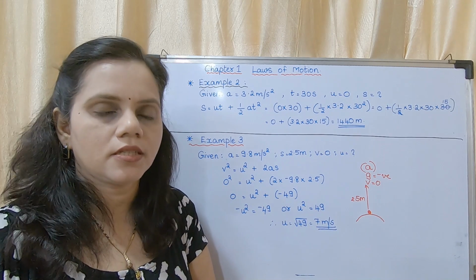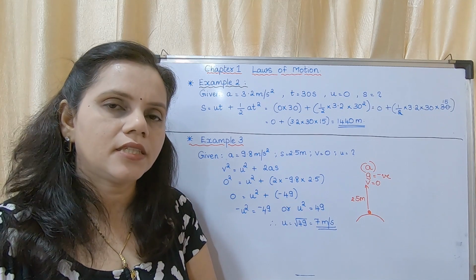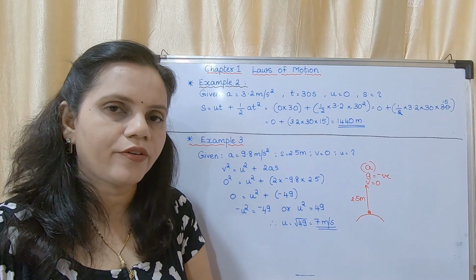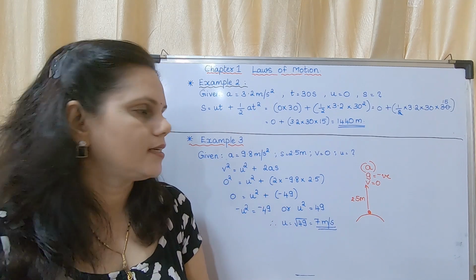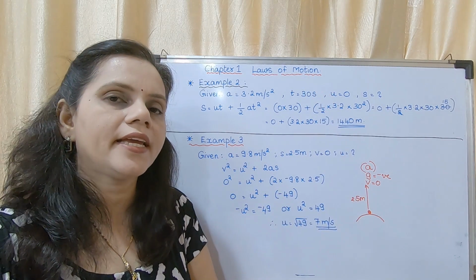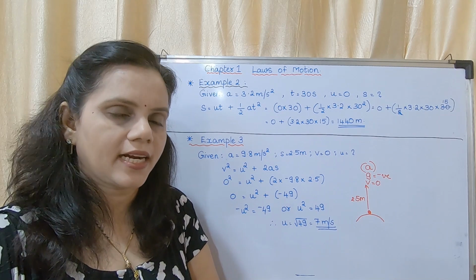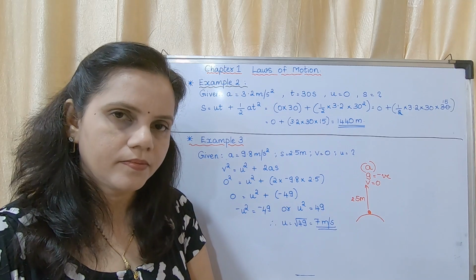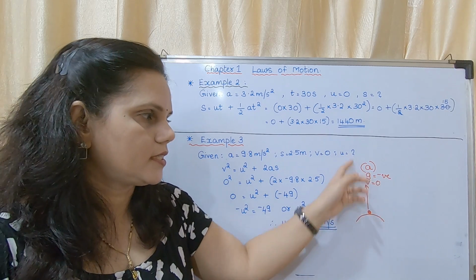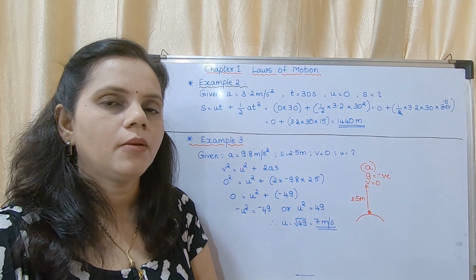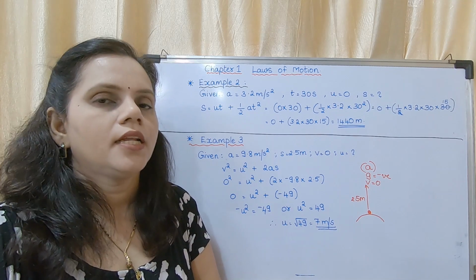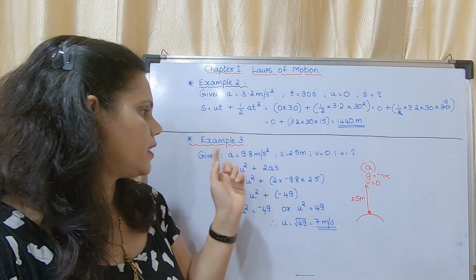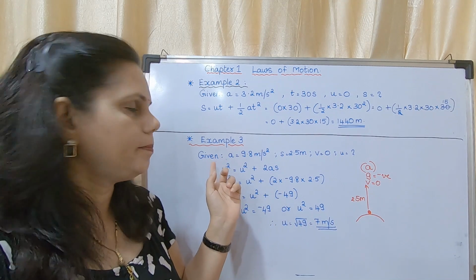Every object on the surface of the earth is attracted towards the center of the earth. So what is the direction of that force? It is towards the earth. Now this object is going against that force, against that acceleration. That is why it is taken as negative. And if the object is coming down, then g or A will be positive. This you have next year also. So we will come back to the sum.